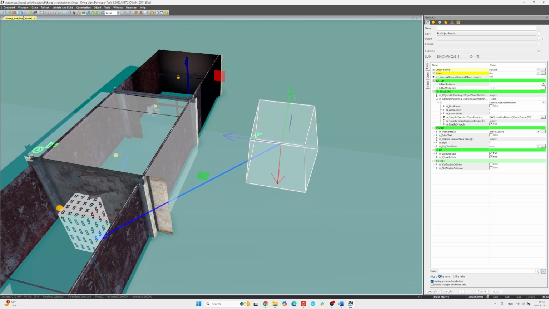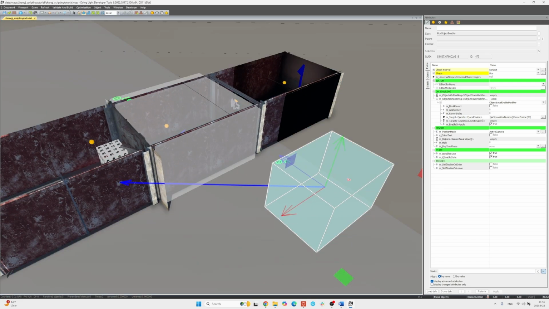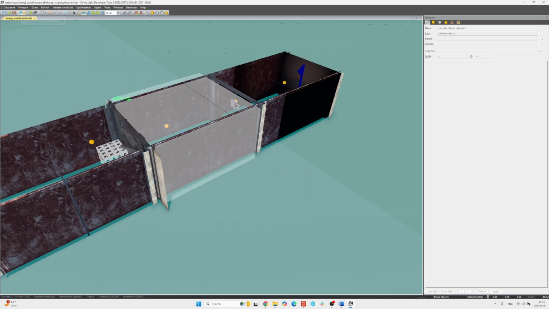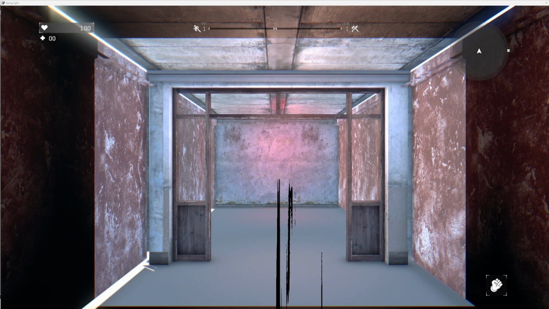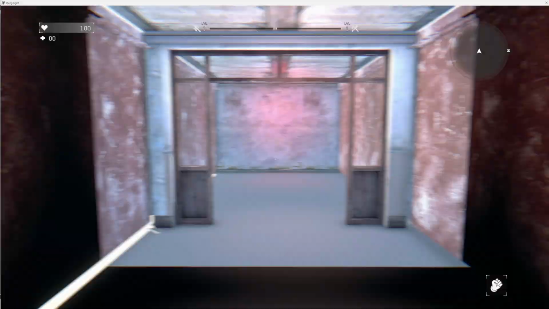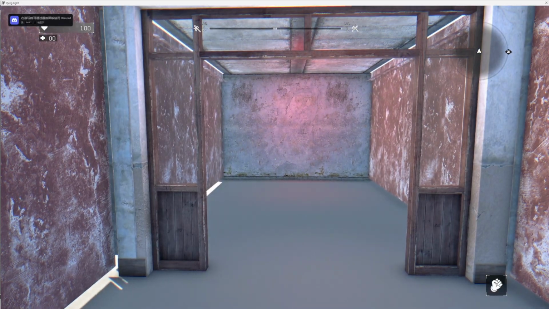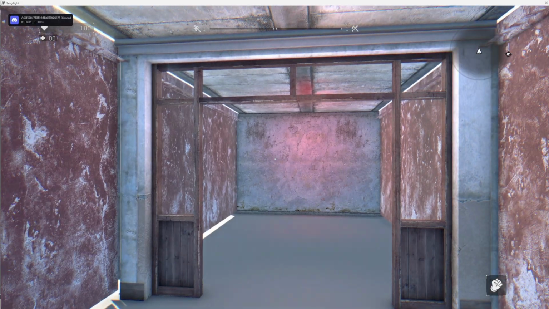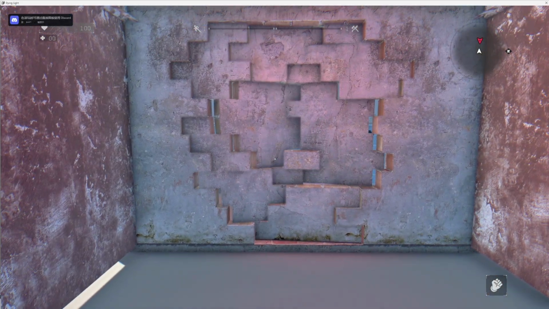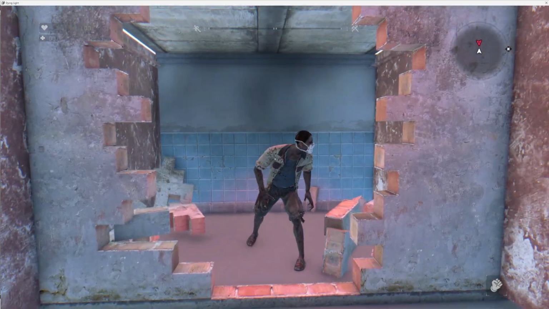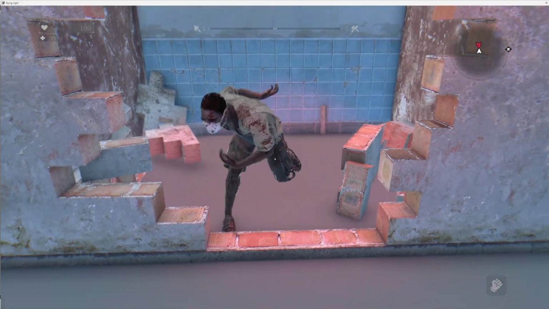You can just hit play to test it out and see if it works. Let's give it a try. While in the game, there's no zombie, and the trigger box is here. So if I enter this place, you should see there's a zombie in here, and he will